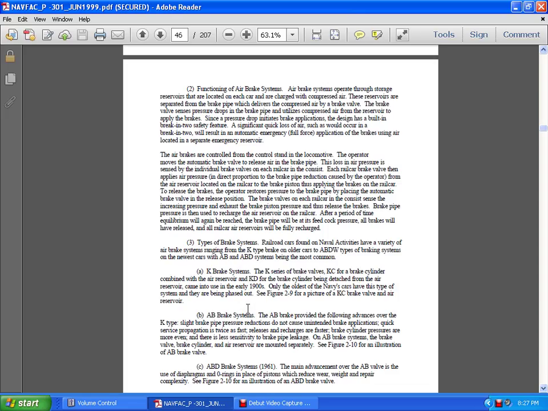Type brake system. Railway cars have a variety of air brake systems, ranging from the K-type brake on the older cars to the ABW type of braking on the newest cars, with the AB and ABD systems being the most common. The K brake is the K series of the K brake. KC has the brake cylinder combined with the air reserve. The KD has a brake cylinder